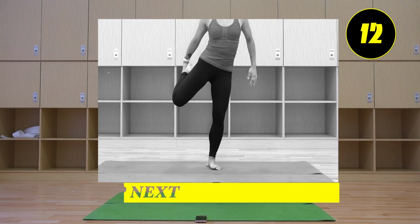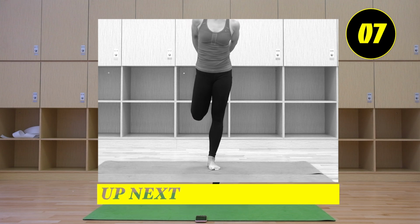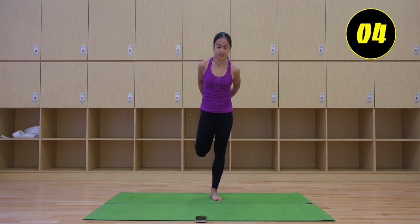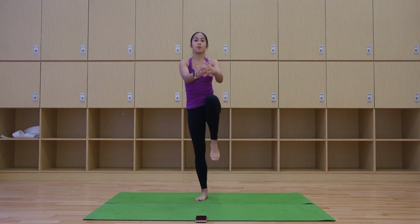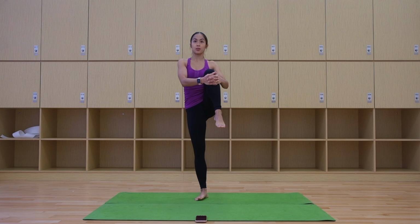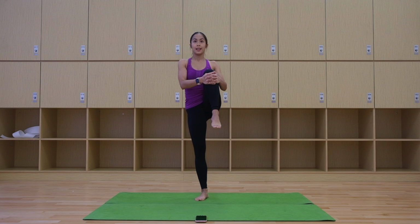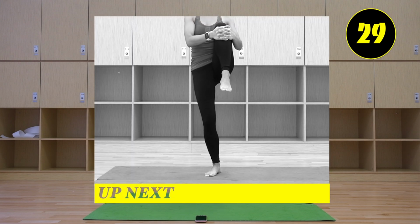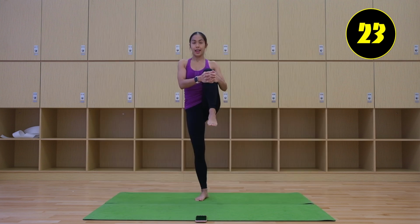and grab the leg at the back, feel the stretch on the front of your thighs and your hip flexors, and release. We're going to do the other side. Remember, when you're doing this, avoid lifting your hips up. Make sure your hips are square, grabbing your legs as close as possible to your body. If you can't find the balance, you can bend your supporting knee a little bit until you find your center and stretch. And take your ankles